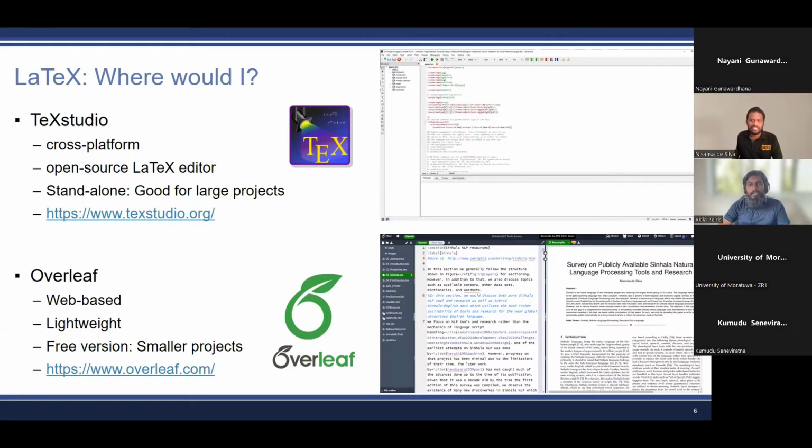Dr. Nizansa, you explained one of the advantages of using a locally installed application such as TeXstudio. What would be a downside of using such an application compared to a cloud version?